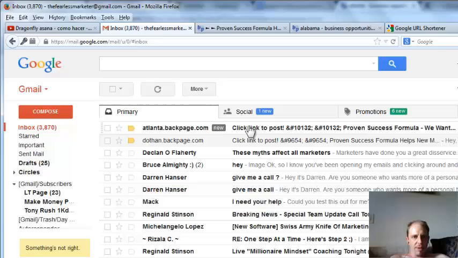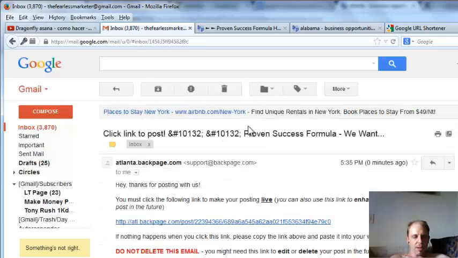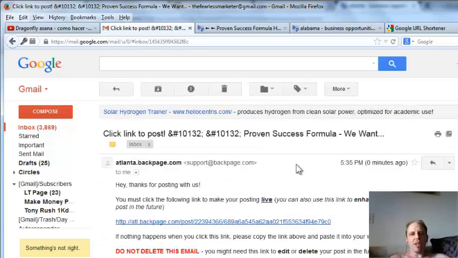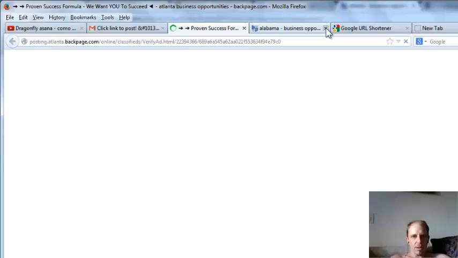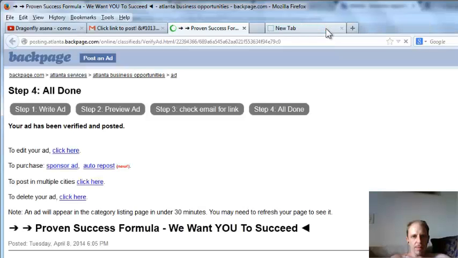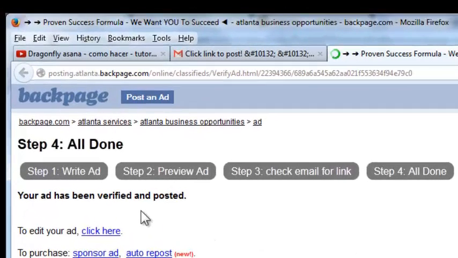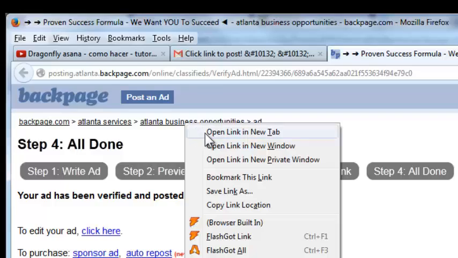So it should be right at the top here. Click post. And again, if you're logged into your Backpage account, you won't have to do this. So let me just click it. Let me close some of these other windows. Okay, so your ad has been verified and posted, and I can go confirm that by opening this page here